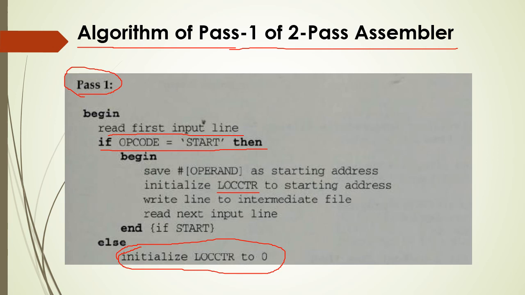If it is specified, in our case 1000, that 1000 will be assigned to the location counter. Otherwise the value 0 will be assigned to the location counter.